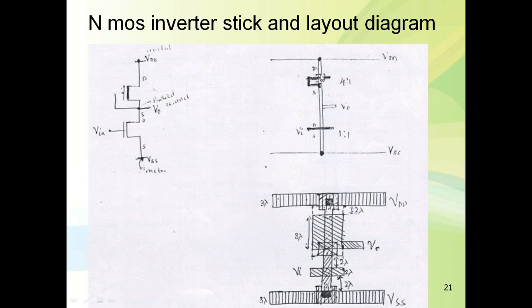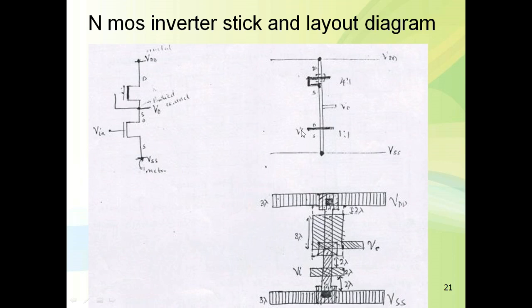This is the depletion mode transistor, shown by the dotted lines, that is the implant. What is the size of this transistor? It is a 4:1 transistor, length is 4 times the width. Output is taken on the diffusion layer, input is on the poly layer, that is, input is the gate.